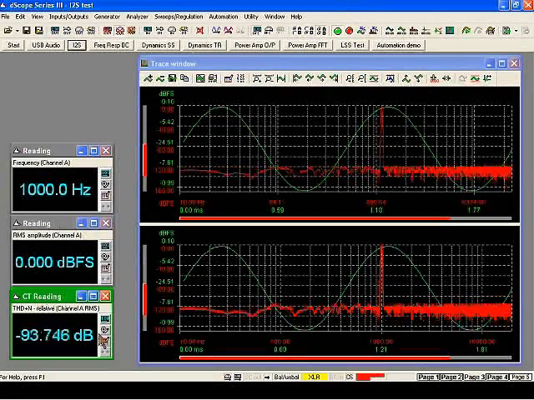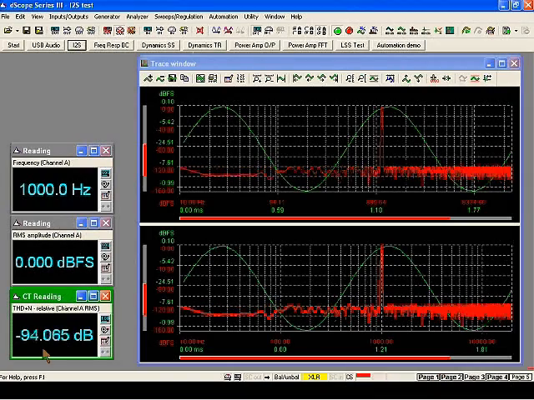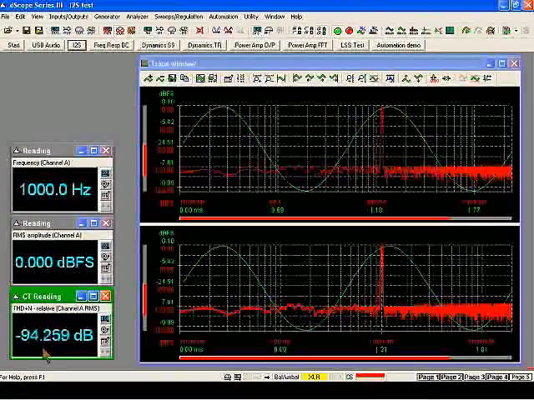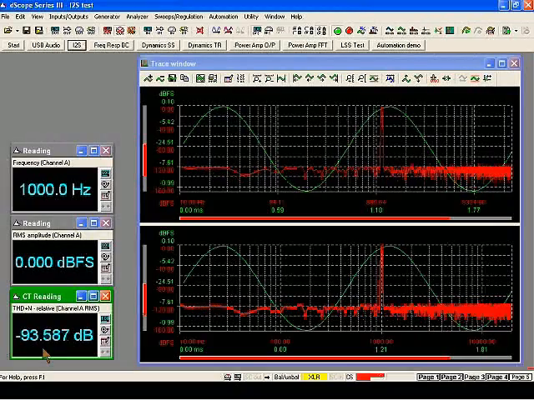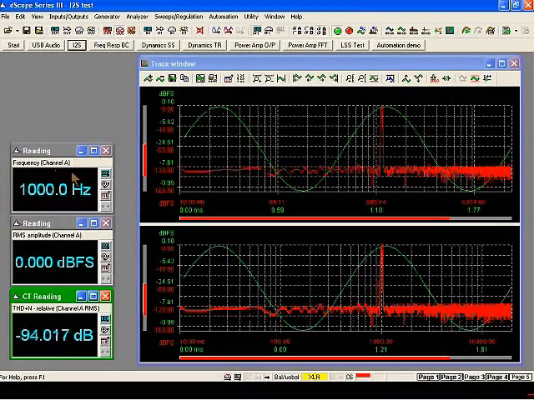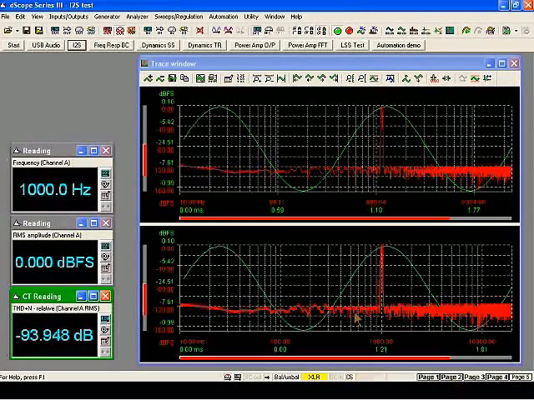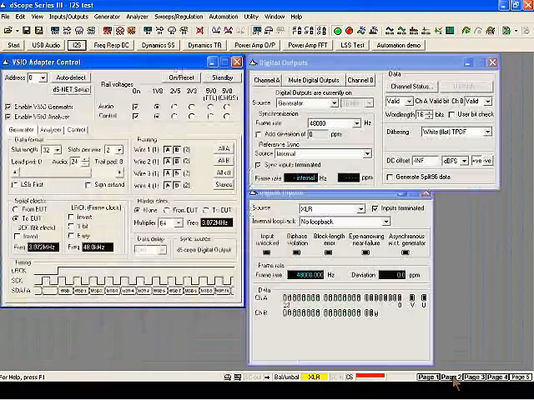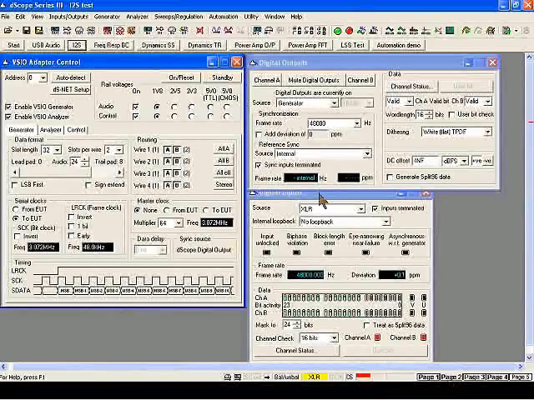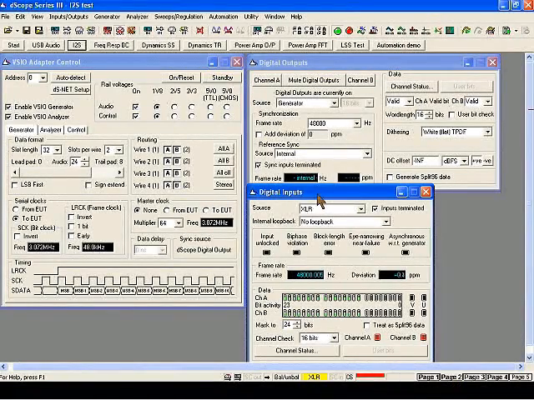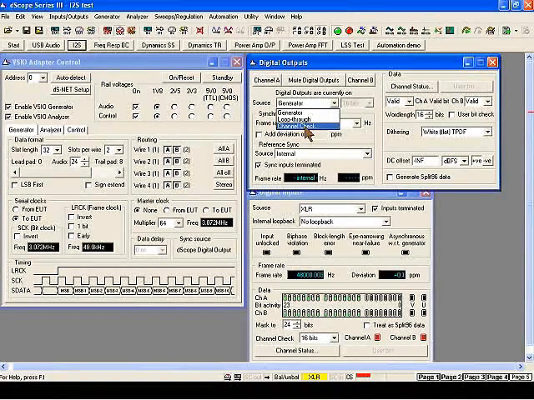And so here where we measure THD plus noise, we see that we've actually got about minus 94 dB, which is the theoretical limit for that particular channel. And I've got a couple of readings tracking the amplitude and frequency. Now that helps us to set the system up, but what we really want to do is to check whether the system is behaving as we would expect, i.e. it is digitally transparent. So what I can do is select a stimulus here called the channel check sequence, and